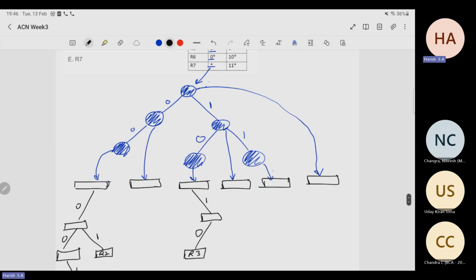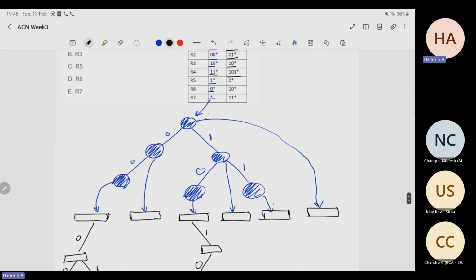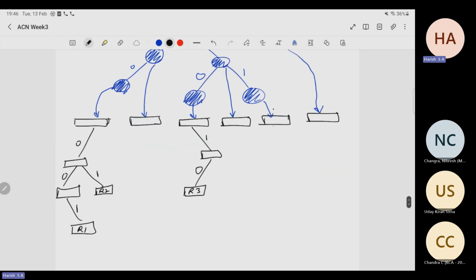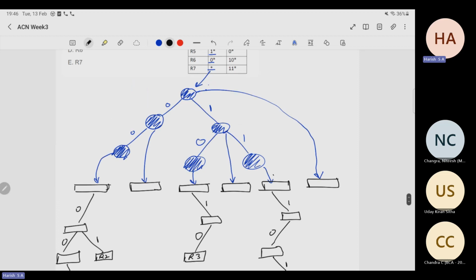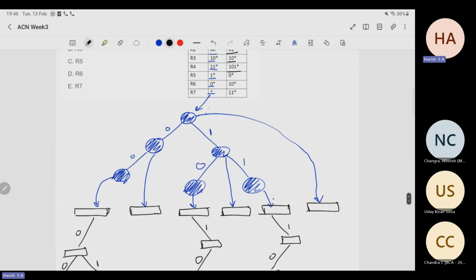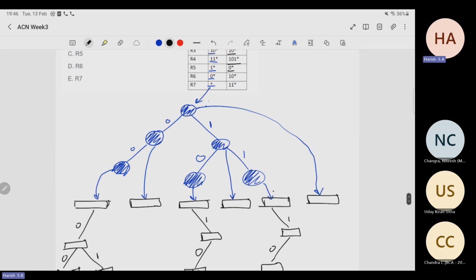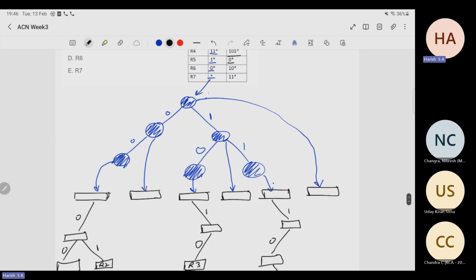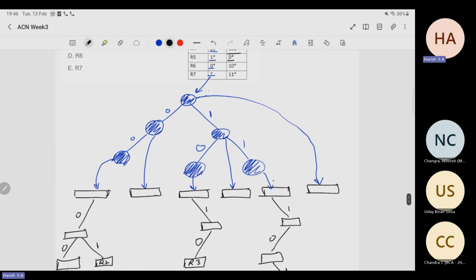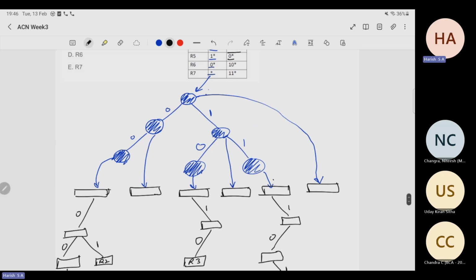So 1 1 is over here, and then 1 0 1. So for this, it's going to be 1, 0, 1. R4, right? And then next is R5, which is 1 0 star. So 1 0, and